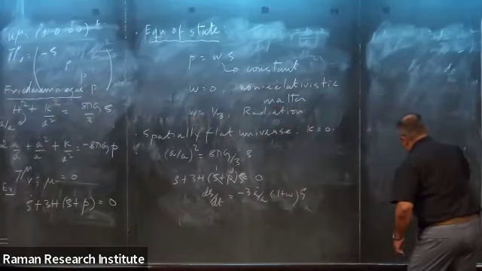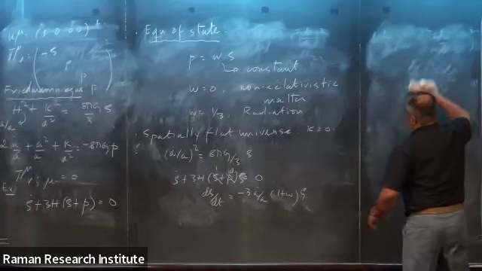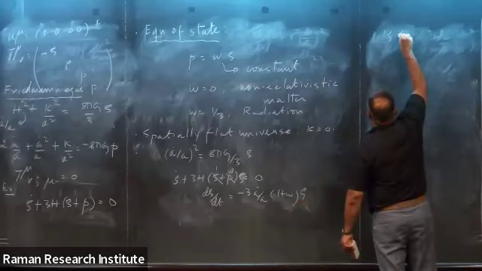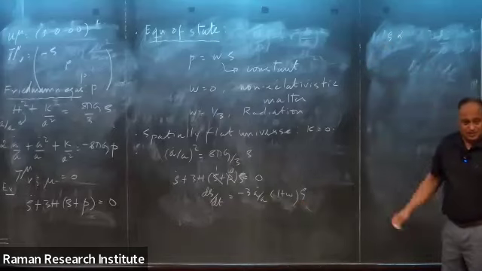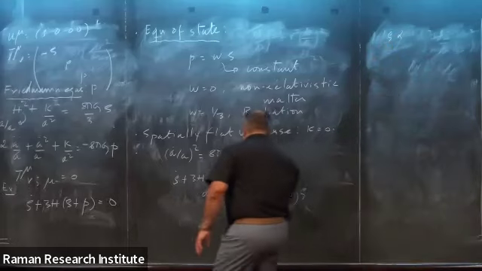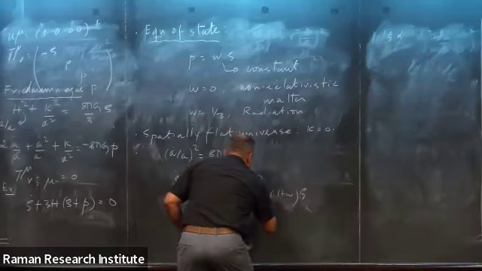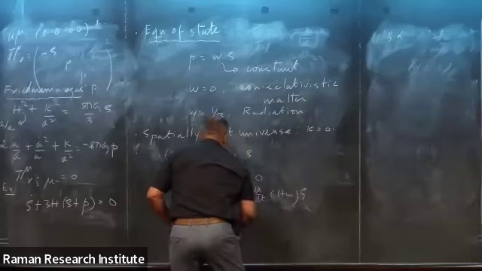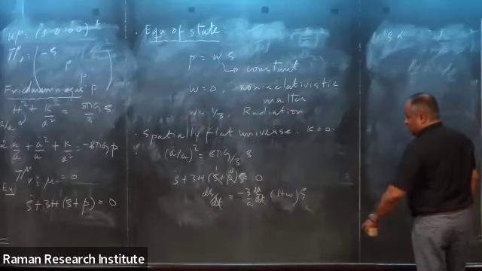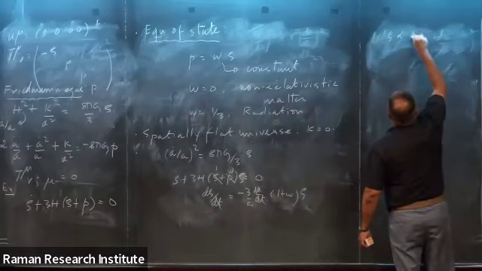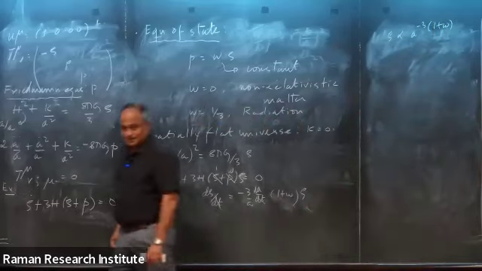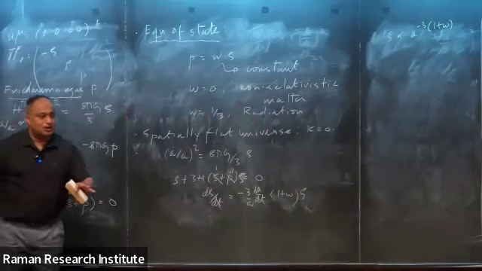Yes, just give me a minute. I'll complete this one step and come to you, unless I have made an error. So I can immediately integrate this to obtain rho is proportional to... It's a first order differential equation. I can write this as dA by dt by A. The dt I can just cross out, and the rho I can bring down. Rho is proportional to A to the power minus 3 into 1 plus W. That's the result I want. Was that a question or a comment?